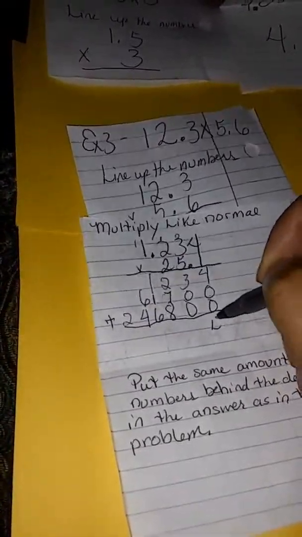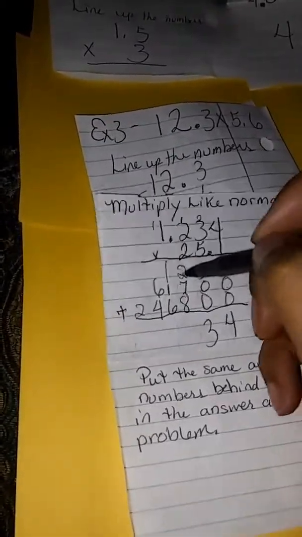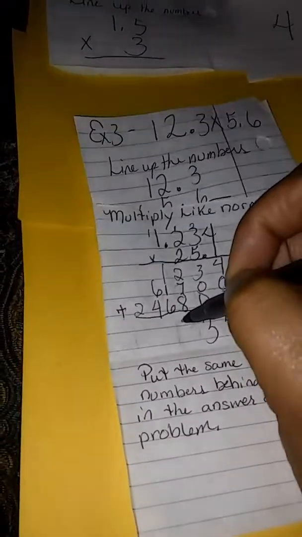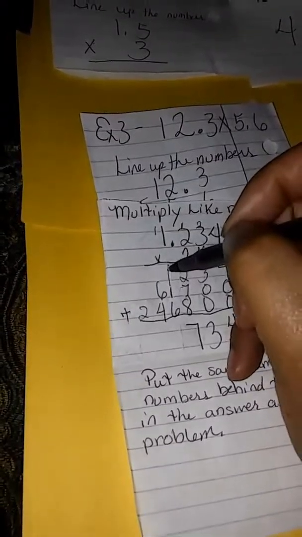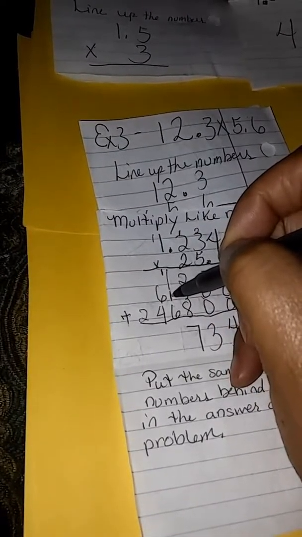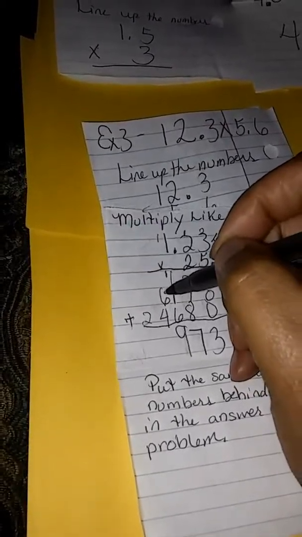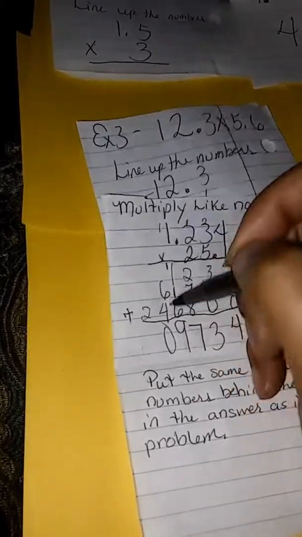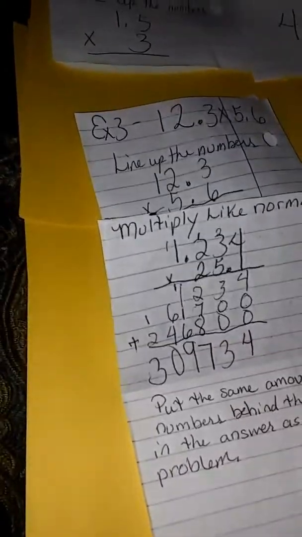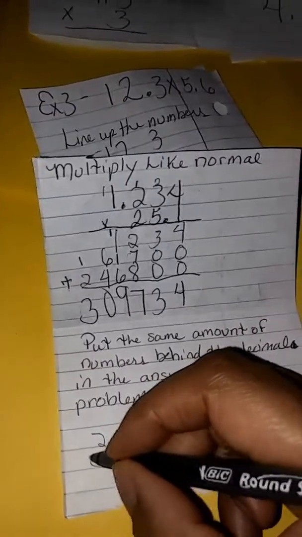We got 4, 3. 2 plus 7 is 9. 9 plus 8 is 17. 1 plus 1 plus 1 is 3. 3 plus 6 is 9. 6 plus 4 is 10. 1 plus 2 is 3. Okay, so we know our answer is going to be